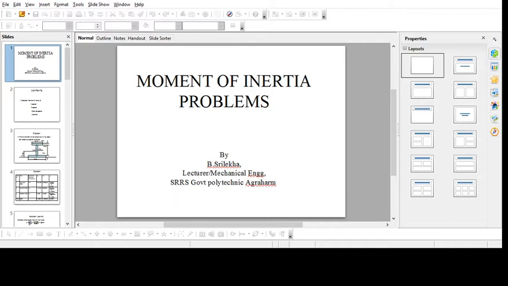So, centroidal distances. For the first one, if you see, this is symmetric about the y axis, so you need to find about the x axis. On the y axis, everywhere the value is 100, and the x term is everywhere 100. Coming to the y term, for the first rectangle, it is 20 by 2 plus 100 plus 20, that means 120, plus 10 by 2, that is 130. That is y1.